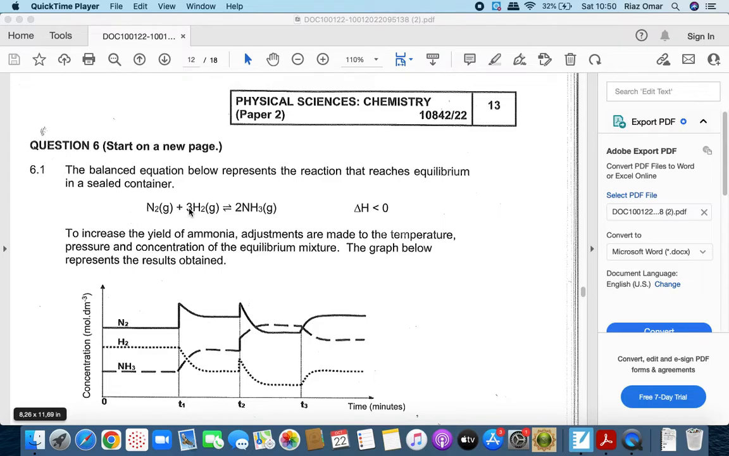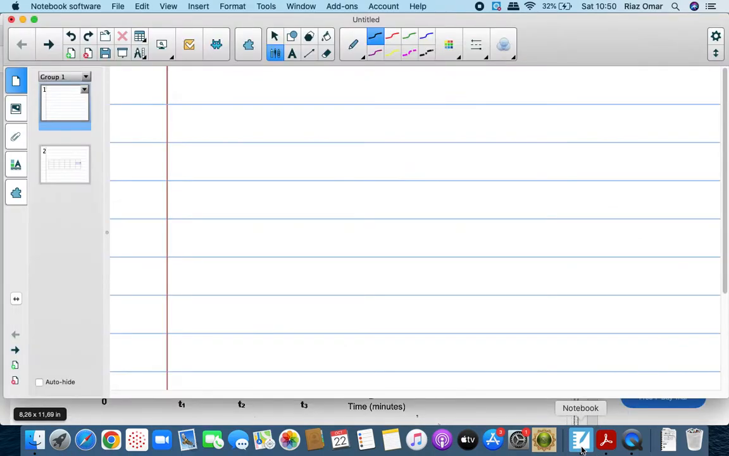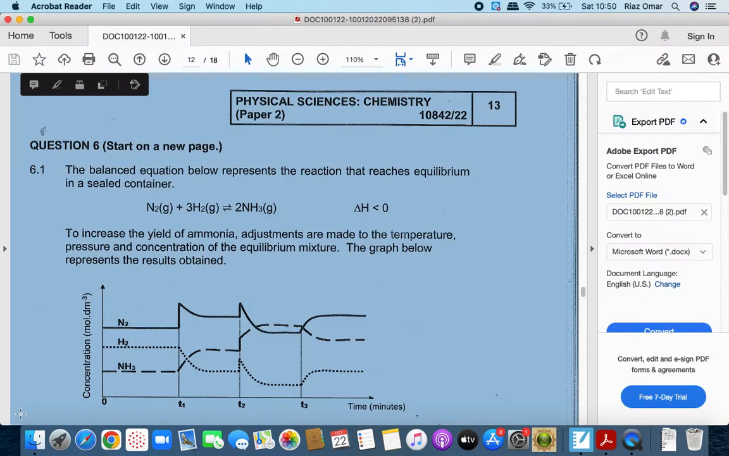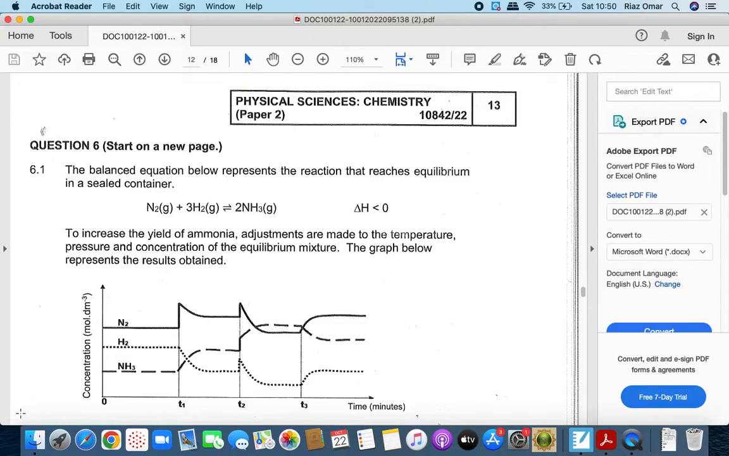Today we will be looking at question 6 of the prelim paper of 2022 which we wrote recently. So question 6, let's just write down our notes. Let's write down in our notebook. Question 6. Okay, let's look at our question. We see that a question that we have